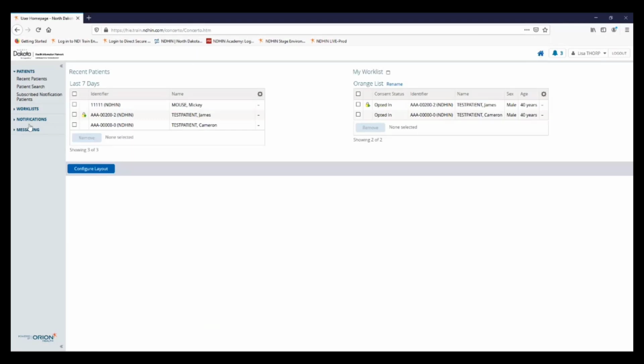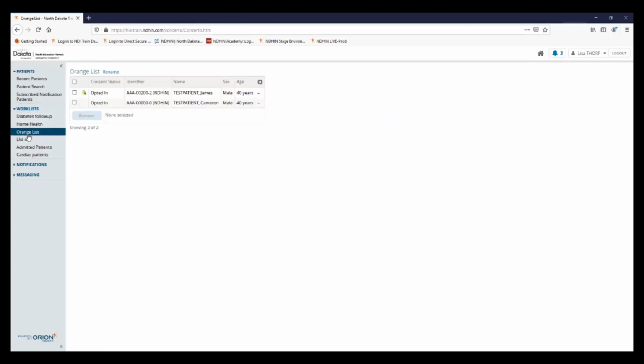And we will look at our work lists. You're able to establish 6 of them with up to 100 patients per list. So if you need patients grouped or sorted in any way that makes it a little more efficient for you to follow them, you can go ahead and create these work lists. You can name them whatever you like. And if you're done with a list and you want to make a new one, you can just click Rename,